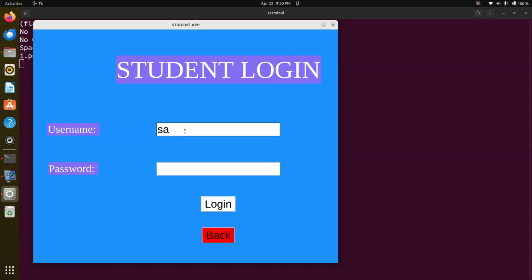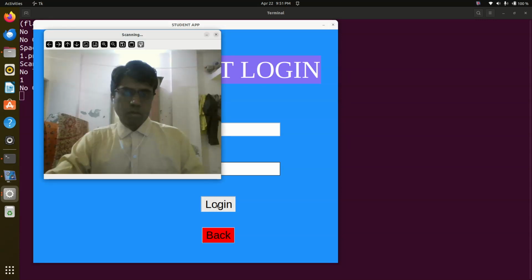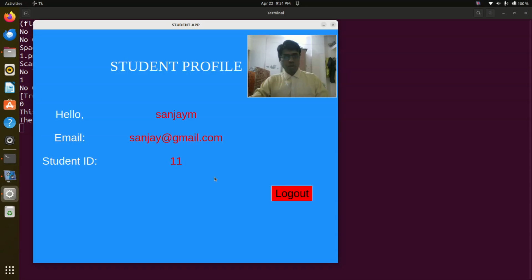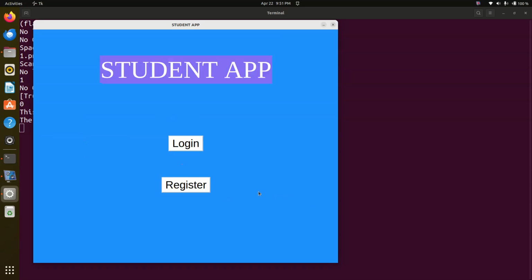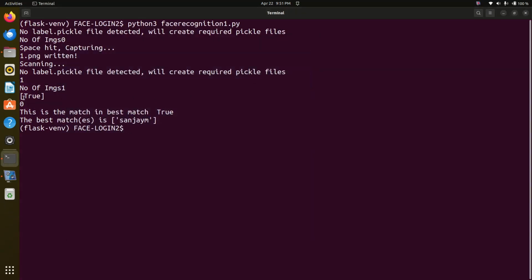Username: Sanjay M, password. Yes, fine, scanning is done. Yes, it is scanning. Yes, I have successfully done face login using the Tkinter library in Python. So I will log out. Yes, fine. You can see here